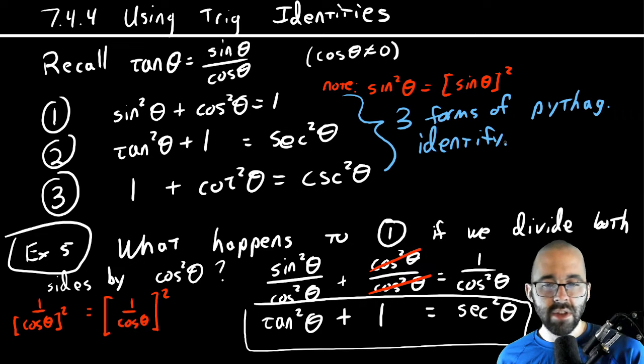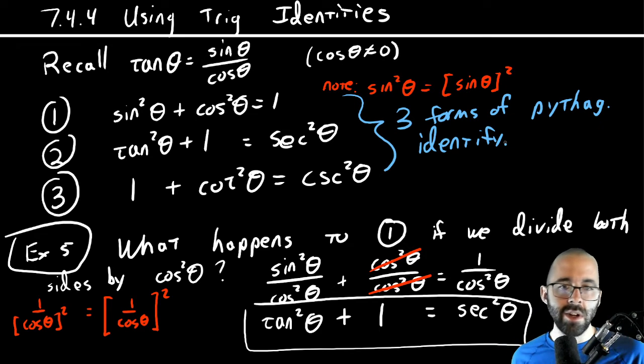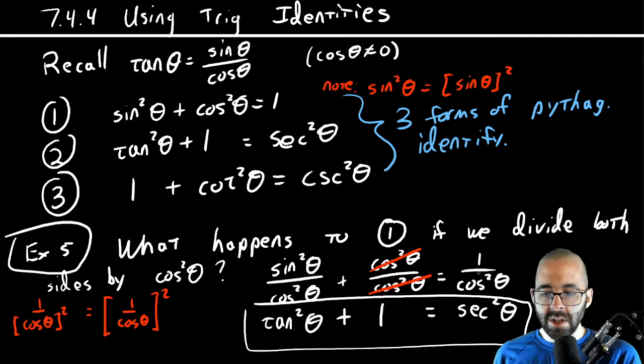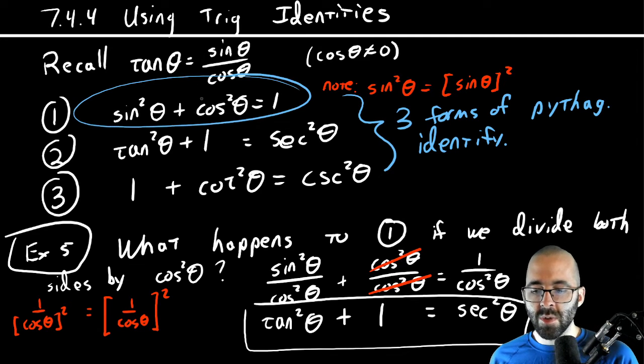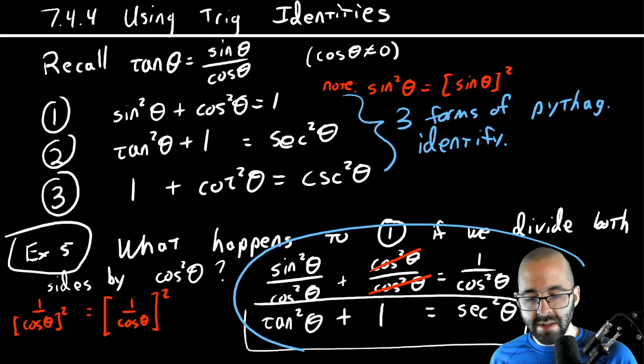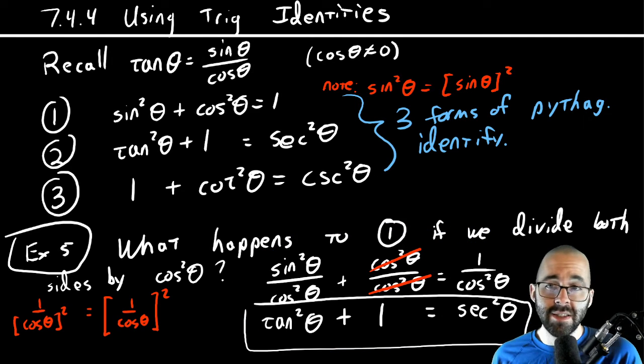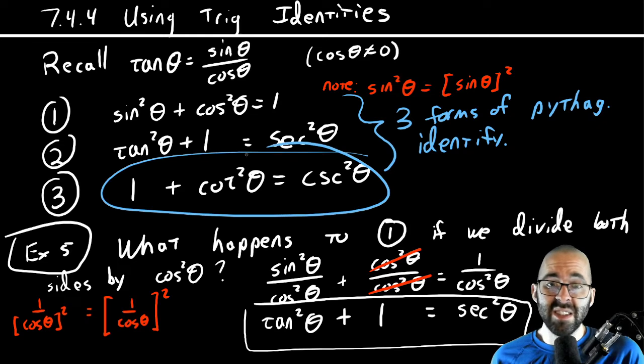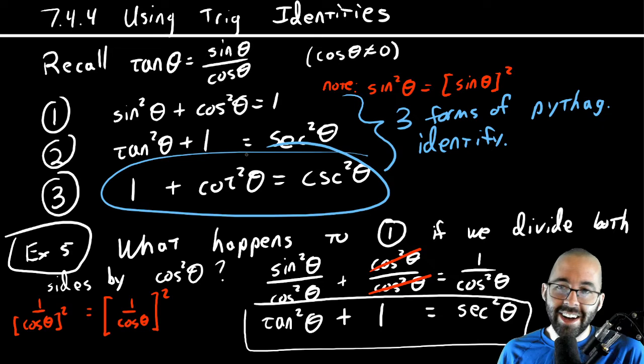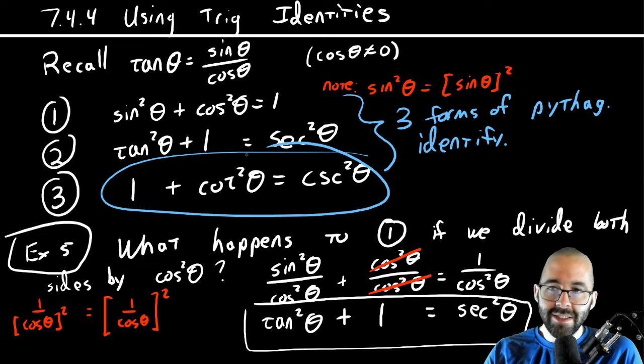And again, everything is open book in this class anyway, so you can use your notes. Or you can just remember sine squared plus cosine squared equals 1, and then do this exact process. Either divide by cosine or divide by sine. Because I'm going to be honest with you, I always forget this one. I literally forgot it when recording this video. But I just knew we divided by sine squared, and this is what we have. Okay? Anyway,